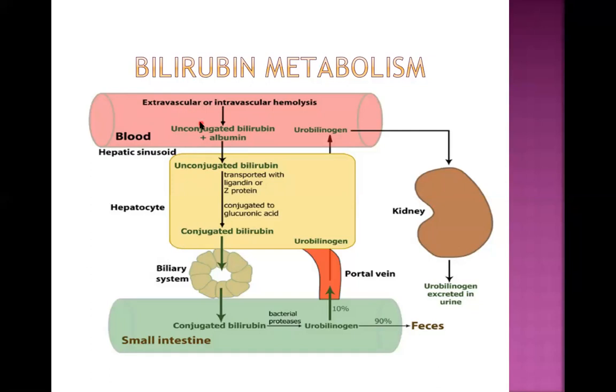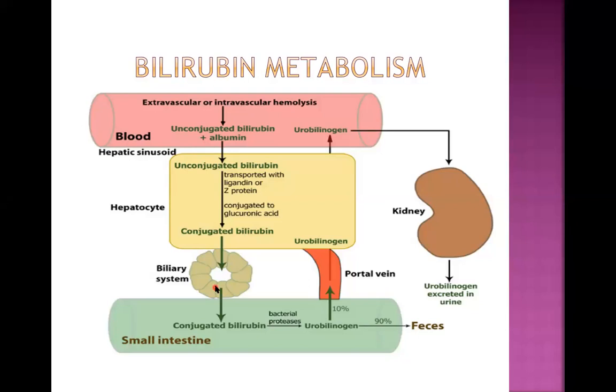Very easy. What happened? Unconjugated bilirubin is formed, binds with albumin, and enters into the liver. This is the hepatocyte, liver. Now, unconjugated bilirubin will be conjugated there. And UDP glucuronyl transferase is the important enzyme which is doing this reaction. Now, there is ligandin or Y protein and all those things. That is not very important.